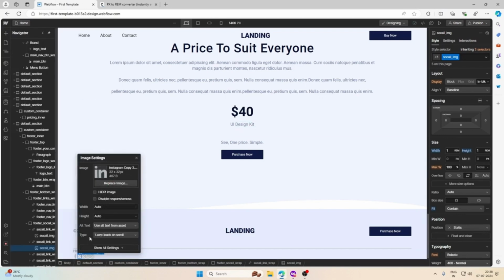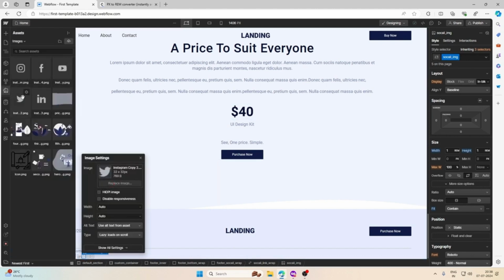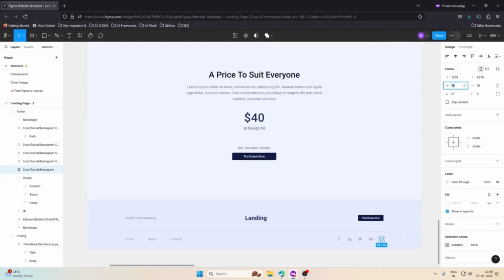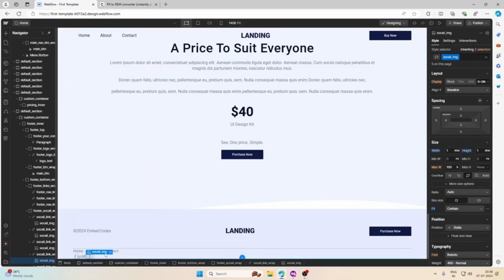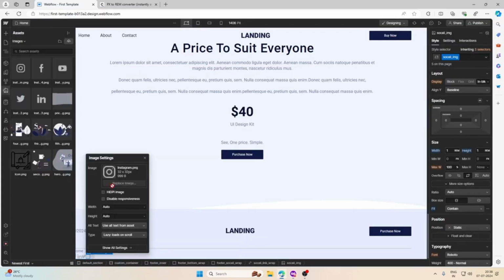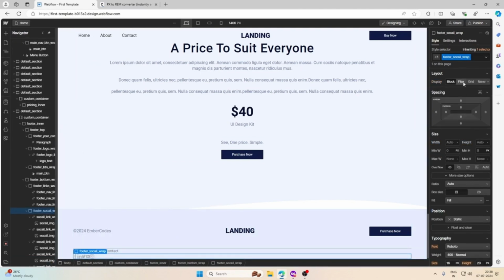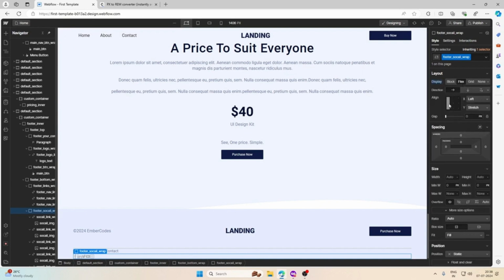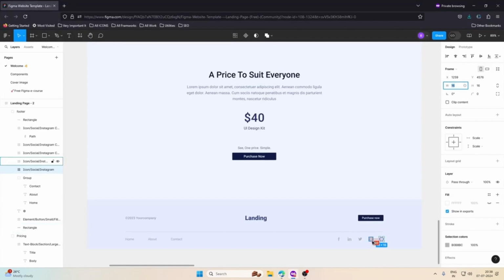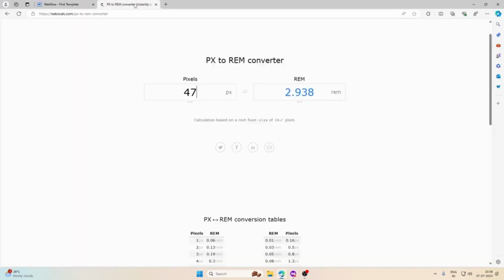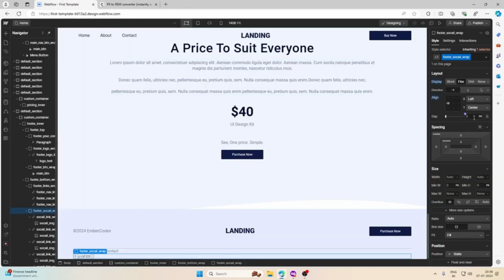Second is LinkedIn, third is Twitter, then fourth is YouTube, and then the Insta. So they have a gap space between them, so I will just get this space is 30 pixel, so the 30 pixel will be kind of 1.875 rem. So let me give a gap,